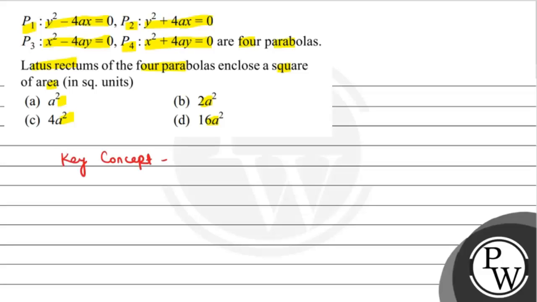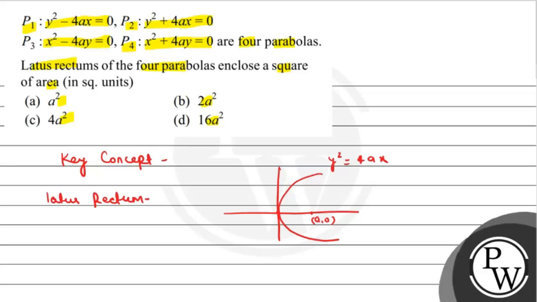The concept is, let's say you have a parabola of the form y square is equal to 4ax. So the axis of this parabola is the x-axis, and let's say the vertex of this parabola is at the origin. Okay, and let's say this is the focus, a comma 0. Okay, so here in this question you use the term latus rectum. Okay, so latus rectum is a focal chord, and let's say this is the directrix of this parabola. So the equation of this directrix will be x is equal to minus a.